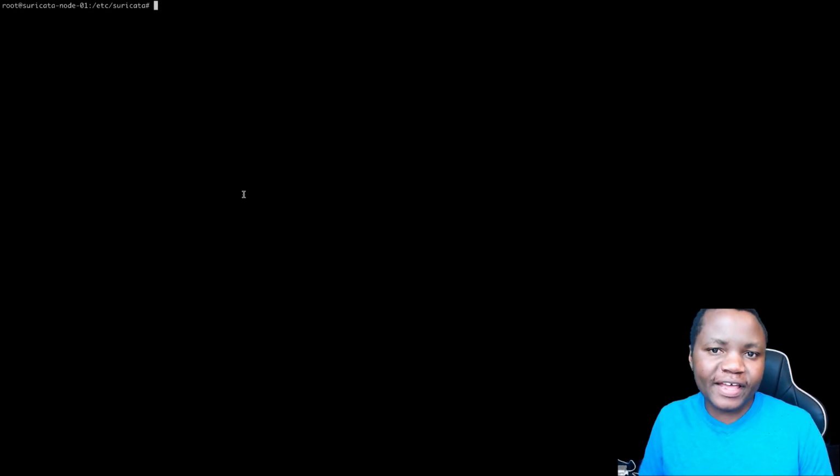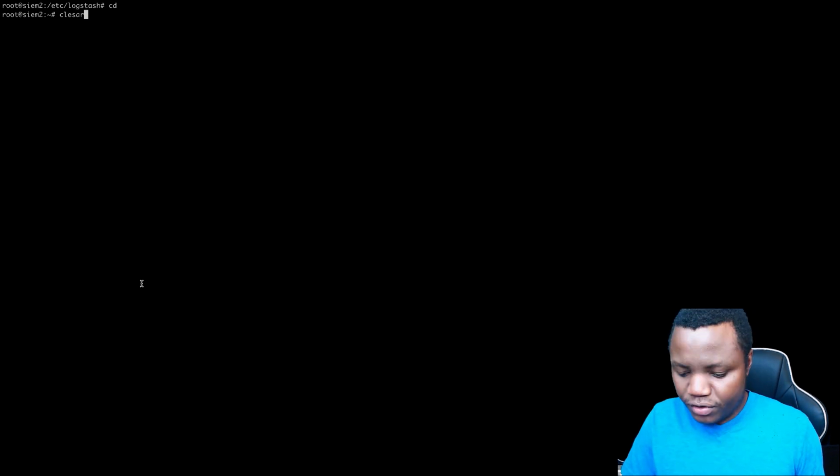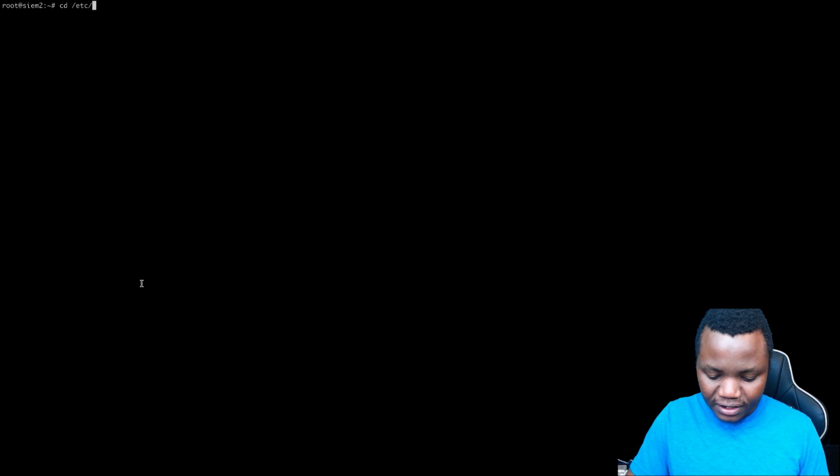Okay, so once your Suricata is done and it's running on your machine, like mine here, we need to go to our Elastic SIEM solution, and this is the easy part. On our Elastic SIEM solution, we already have Logstash installed here. We installed it in video number 1. So you need to go to cd /etc/logstash,